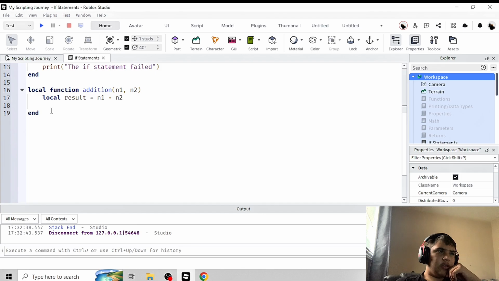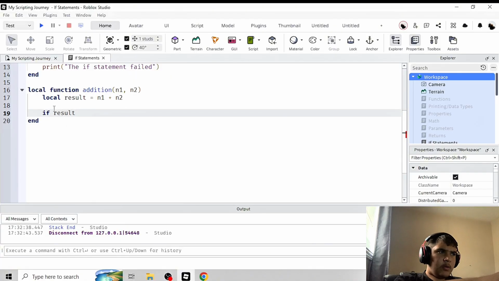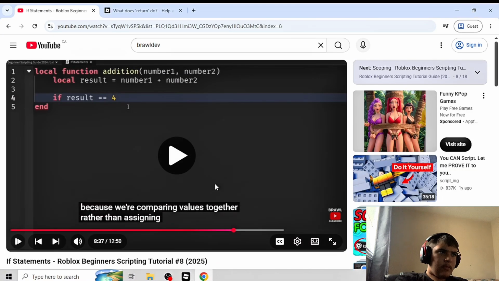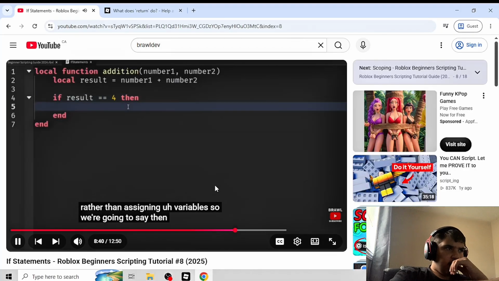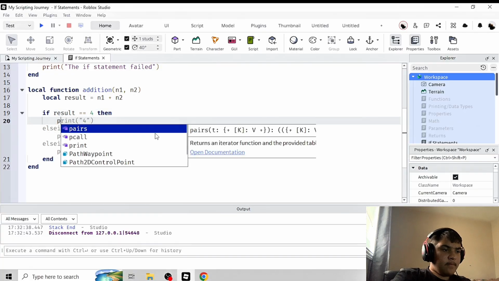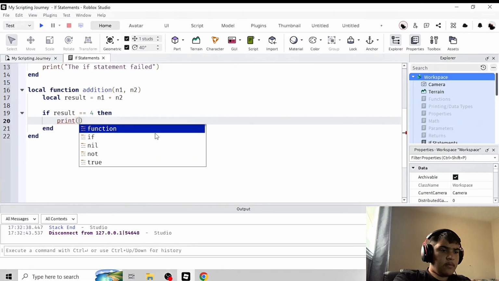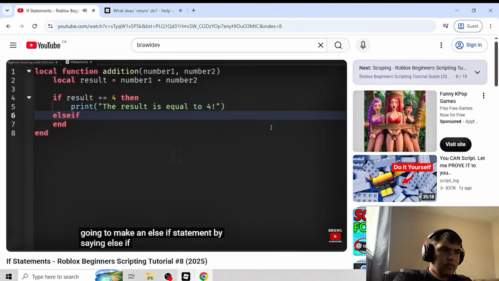And then here we write if result equals 4, double equal 4, then we're going to make a print statement by saying the result is equal to 4, and then we're going to make an else if statement by saying else if